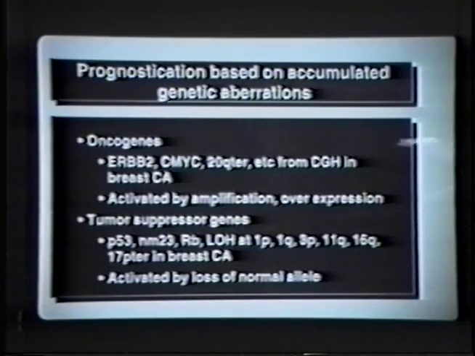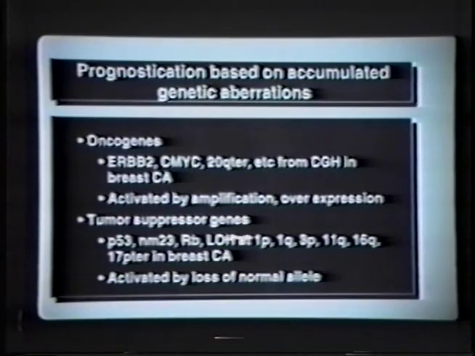And so what we would like to do is to ask the question, can we use this technology to look at these events? At the same time, there are tumor suppressor genes. These are typically recessive genes that are only activated if you lose the normal allele. So you might have one mutant allele, which is the mutant tumor suppressor gene, and you lose the normal allele, that activates the mutation. And genes that fall in this category are P53, NM23, RB,